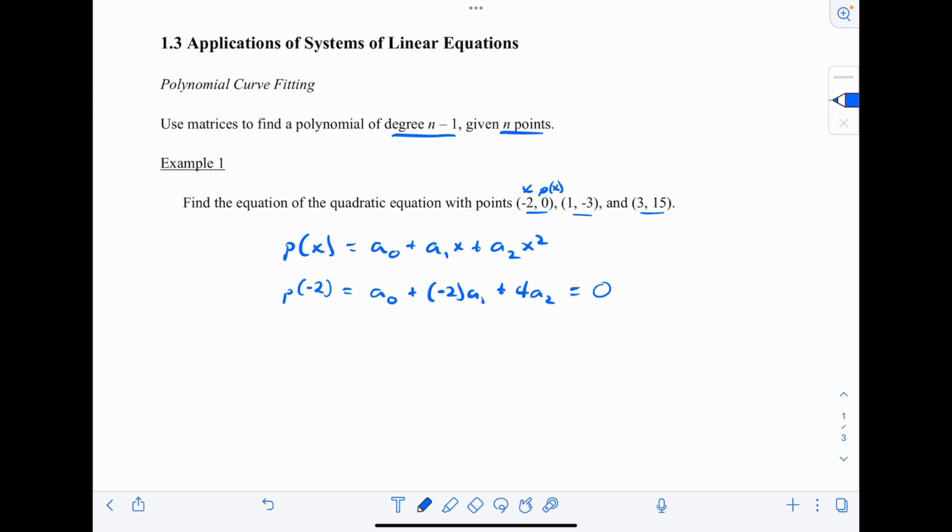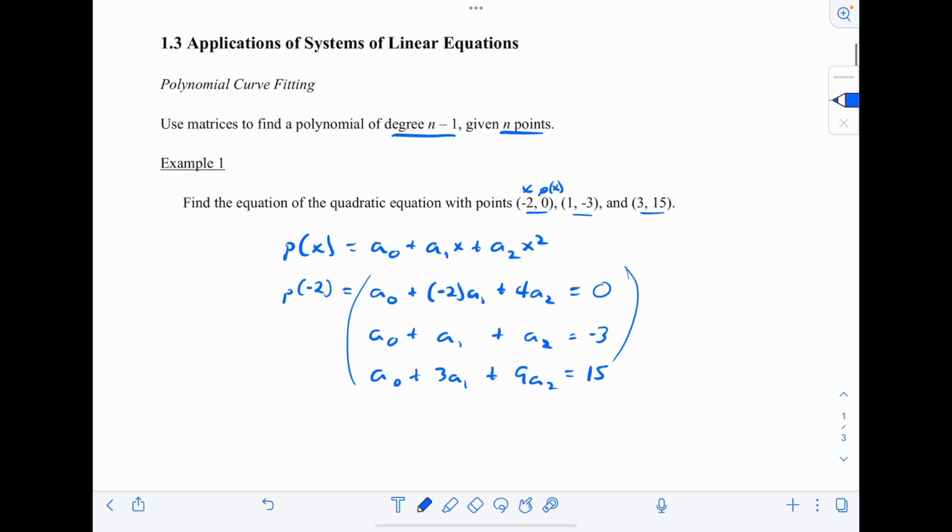And then likewise, I can take the other 2 points and set up those equations. So for the point 1, negative 3, I would get a0 plus a1 plus a2 equals negative 3. And then for the third point, or the third equation, excuse me, I'd have a0 plus 3a1 plus 9a2 equals 15. So as I look at these three equations, that's going to give me the system that I need